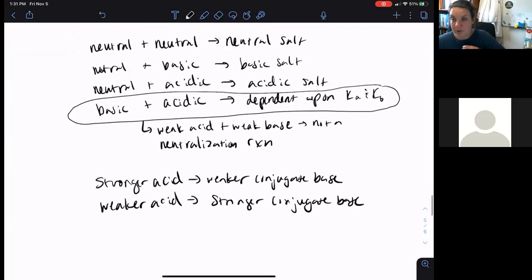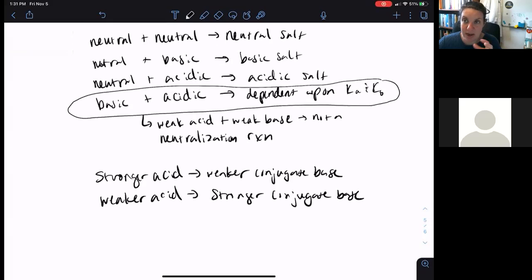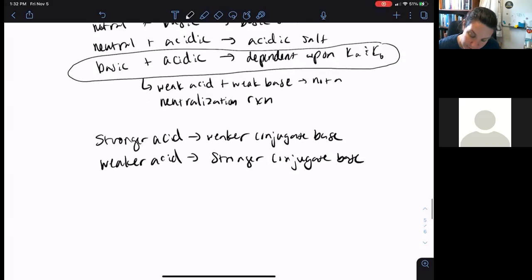As a result, you're going to base, again, Ka and Kb. That'll determine if you have an acidic or a basic salt. So in the case that your Ka is greater than your Kb, that means you have a stronger acid, a weaker base,